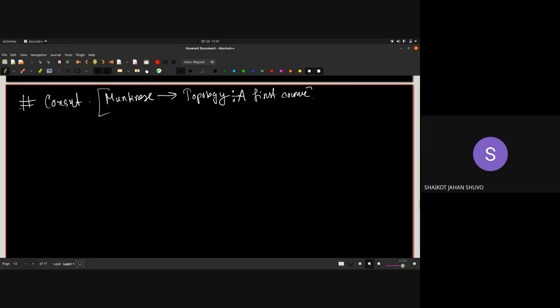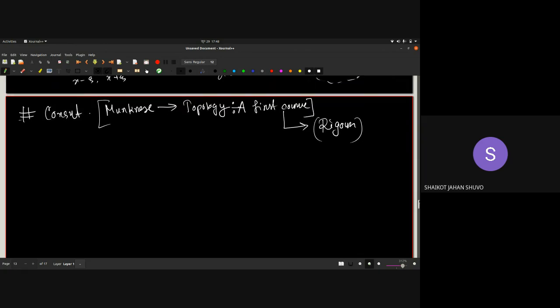It's a big book with a lot of proofs and exercises, so it's for people who care about the rigor. If you don't care about the rigor that much, you can stick to Nakahara, or you can consult Crossley's book as well. If you want to go for proofs, go for Munkres. It's a very good book. Okay, so yeah,